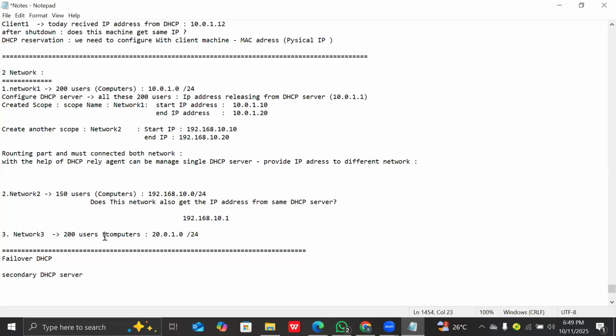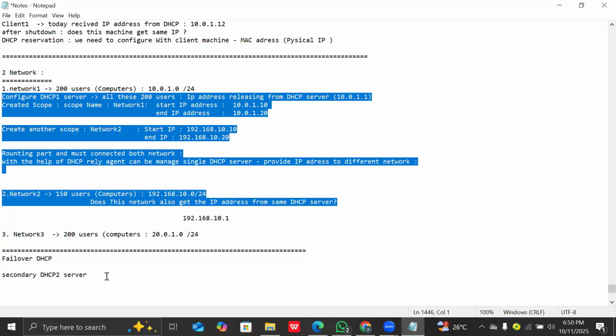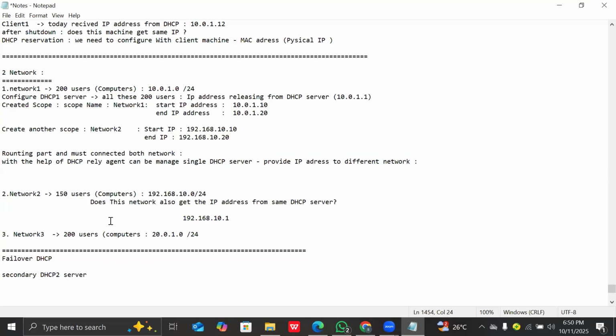And whatever scope you created in the DHCP1 server, the secondary, which is DHCP2, should have all the scope. If one DHCP server is down, no problem. The DHCP2 server will manage the entire scope. And we will do the practical of how failover